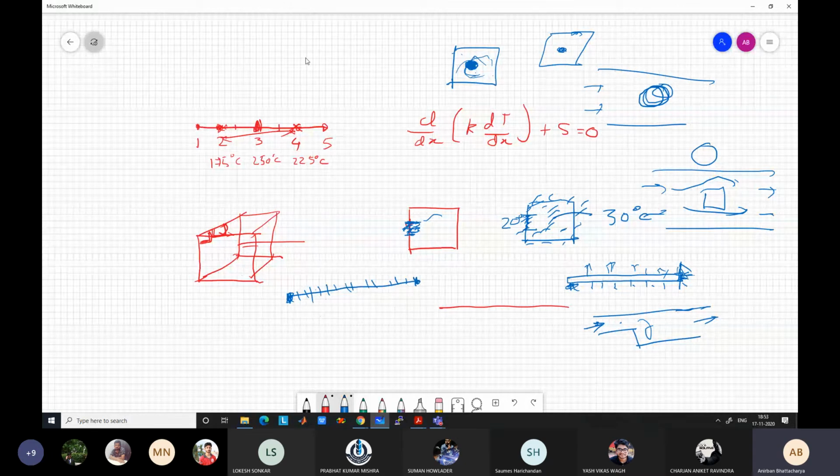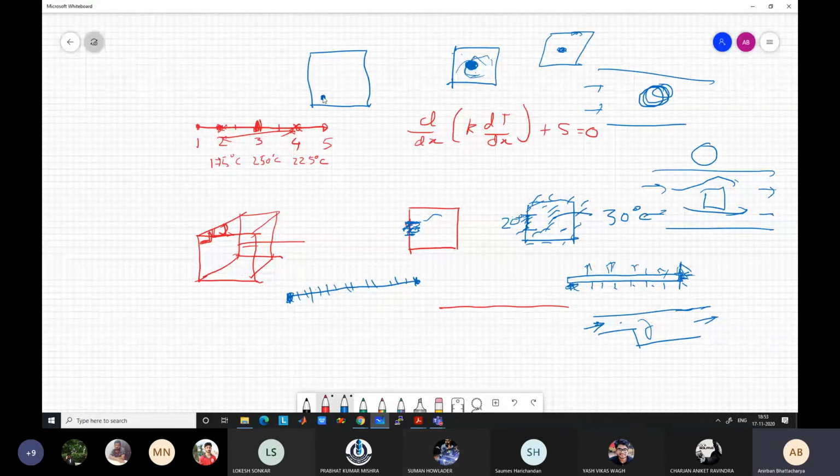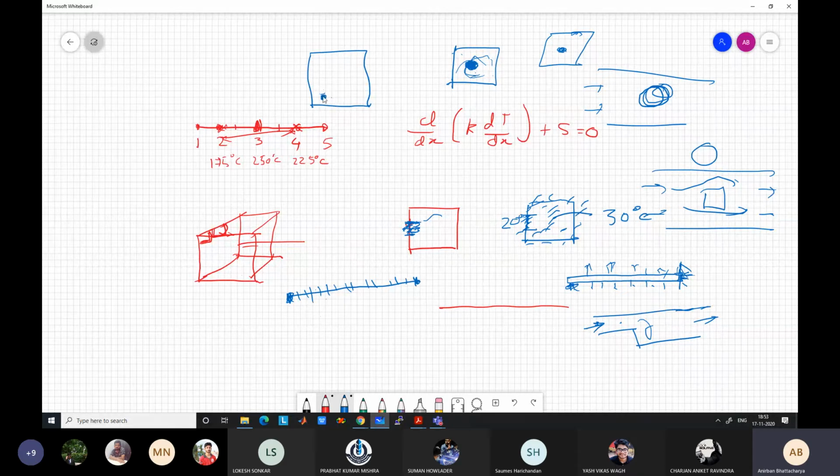Another example let me give. It's also a diffusion problem, but not a heat transfer problem. A room is there and some smoke is generated, some chemical reaction is going on and smoke is generated here. Or you're burning something, or you have sprayed something like a mosquito repellent or deodorant. If there is no air movement, the fan is switched off, the molecules of this smoke or scent will travel because of diffusion.